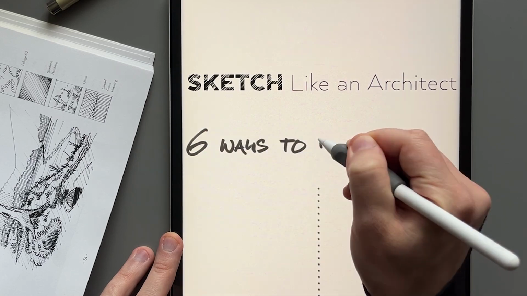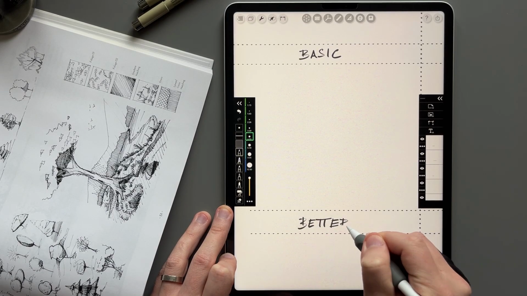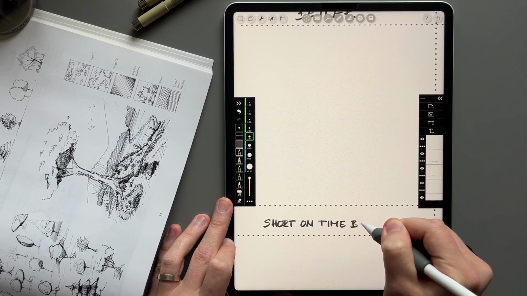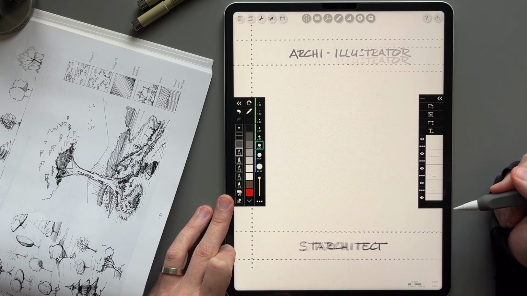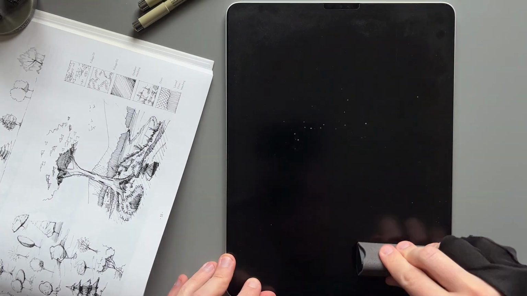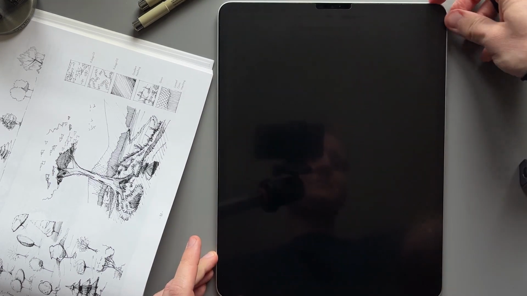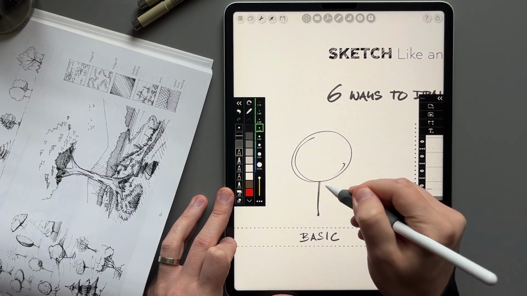There are 6 ways to draw a tree like an architect. From basic to simple, better, if you're an architect illustrator, when you're short on time but still want to make it look fancy, and finally, when you are a Starchitect, which you're probably not, but let's find out your style of drawing a tree. There's absolutely nothing wrong with drawing a basic tree like this, as a quick graphic shortcut